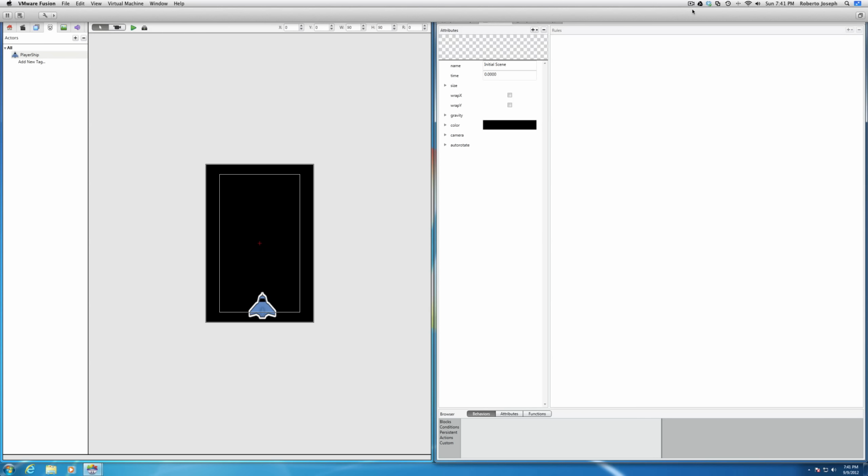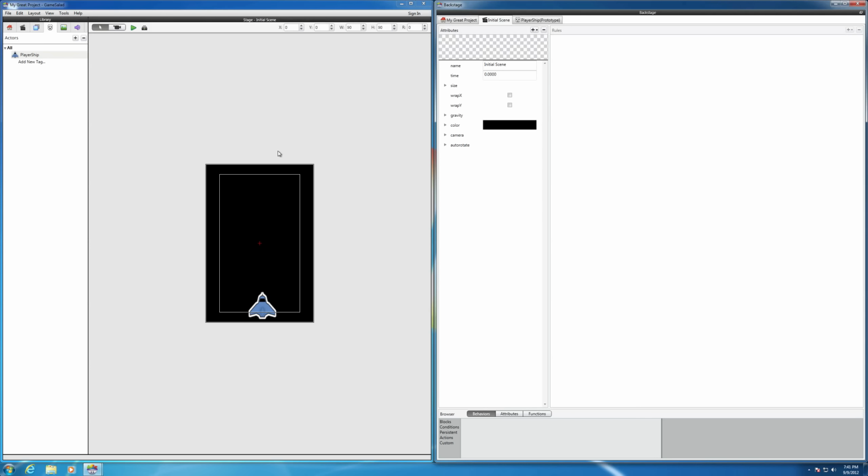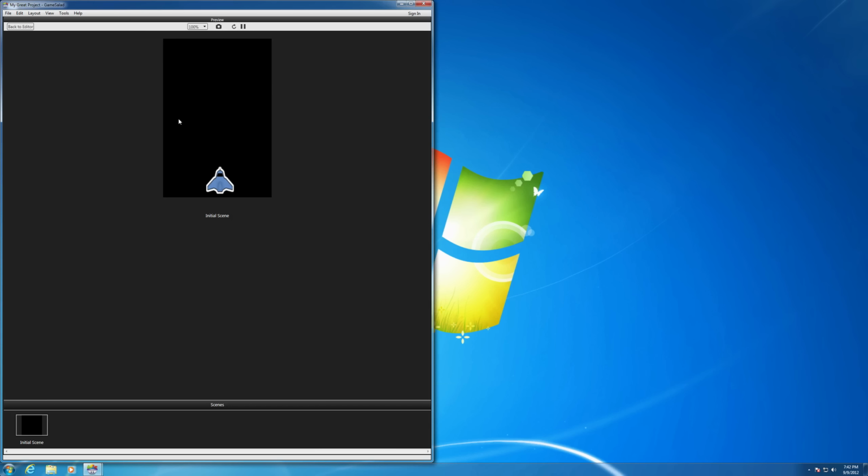Okay, in this video, I'm going to show you how to create what's called walls. This way, when the ship moves all the way to the left, it'll collide with the wall and won't be able to pass. So for example, if you take a look here,